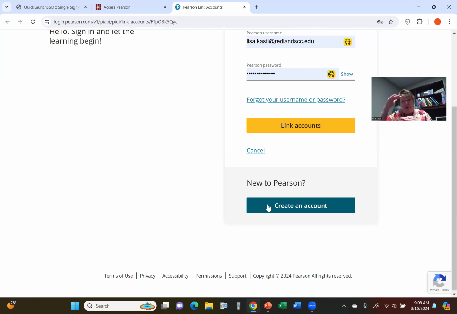But on that page, that I call the pay page, there should be a link toward the bottom of the page. And again, I can't see it because I can't log in as a student, that says get 2 weeks free or 14-day free trial, whatever it says. So you can get Pearson access right away and get 14 days free. So if you don't have your code yet, or you haven't bought it from the bookstore yet, or whatever reason, you have 2 weeks to get that access.